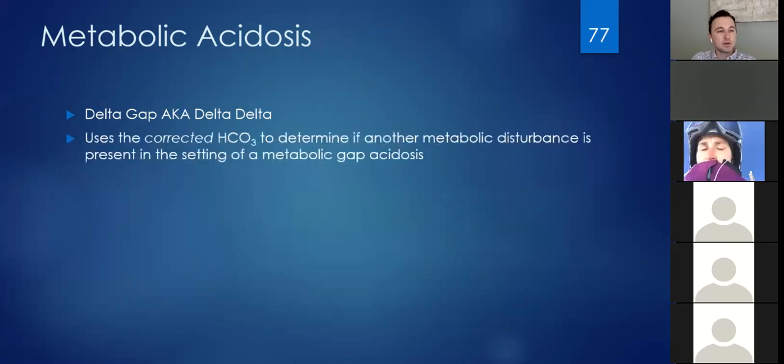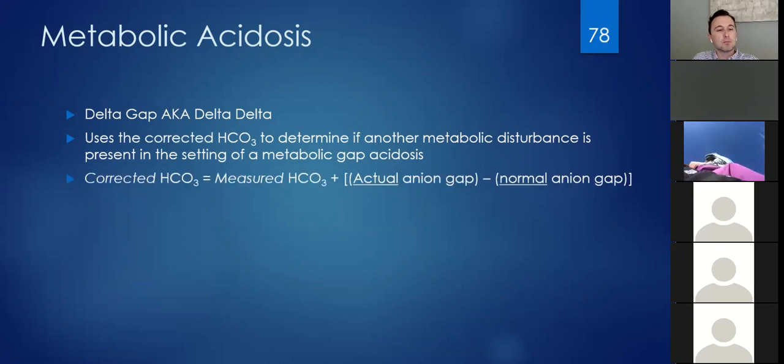So delta delta is determining what your corrected bicarb should be in order to see if there's another metabolic disturbance in the presence of a metabolic gap acidosis. Okay, so this is what it looks like mathematically. You have a corrected bicarb, which is equal to your measured bicarb plus the actual anion gap minus a normal